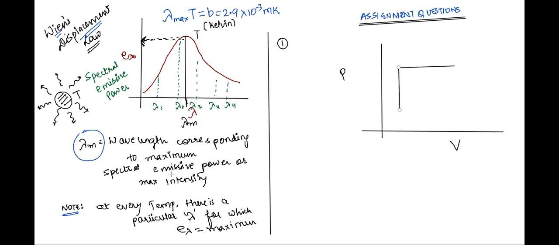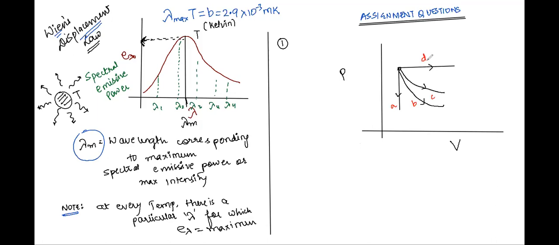Okay. So class, we have been told that there are different curves which have been shown on a PV graph. And what we are supposed to do is to classify them as isobaric, isochoric, adiabatic, and isothermal. So I'll name them as A, B, C, and D. Karuna, can you help us with the classification?